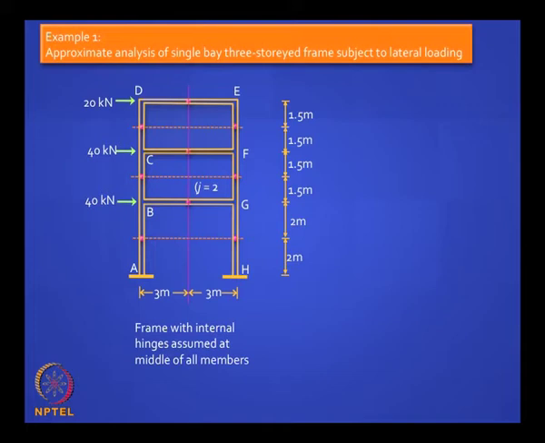If you assume hinges at the middle of all the beams, which is 100% accurate, and you assume internal hinges at the mid heights of all the columns, which is not accurate, which is a big assumption, you have actually introduced 9 moment release locations, right. This frame is statically indeterminate otherwise to the degree 9, and you have actually ended up making it statically determinate. So that is a tremendous simplification, but that makes your life easy. You can analyze this frame very easily.